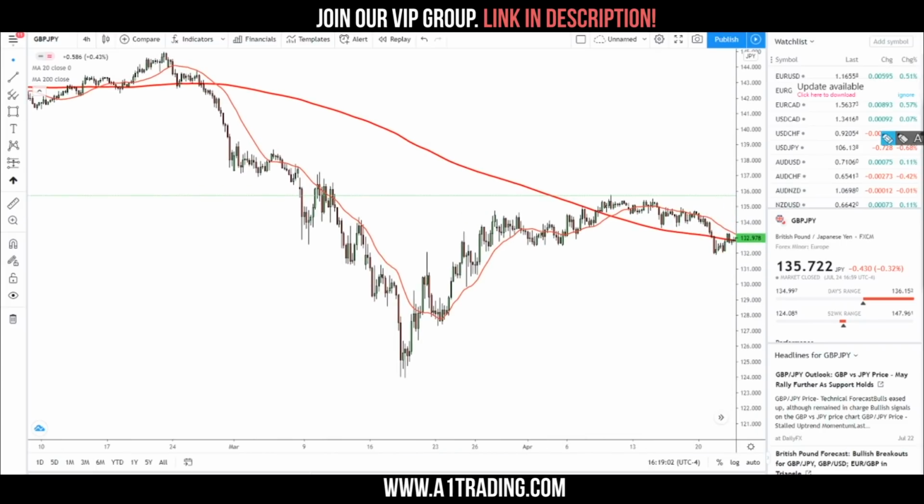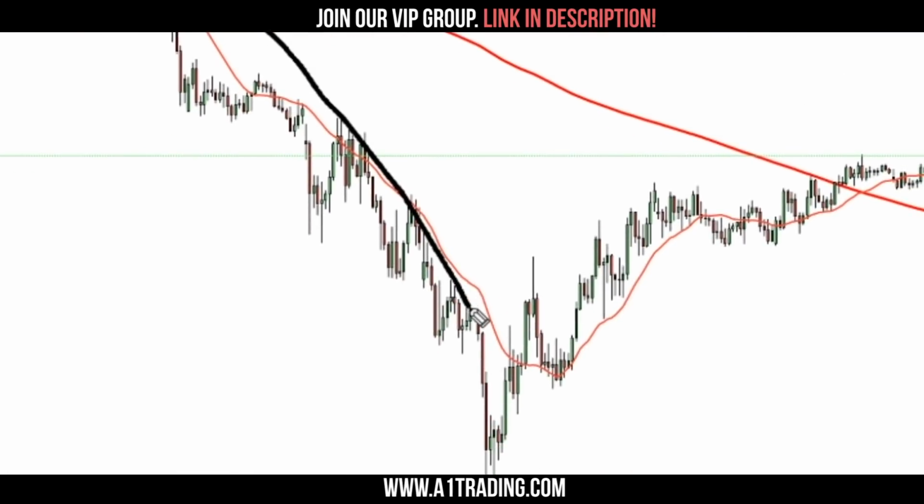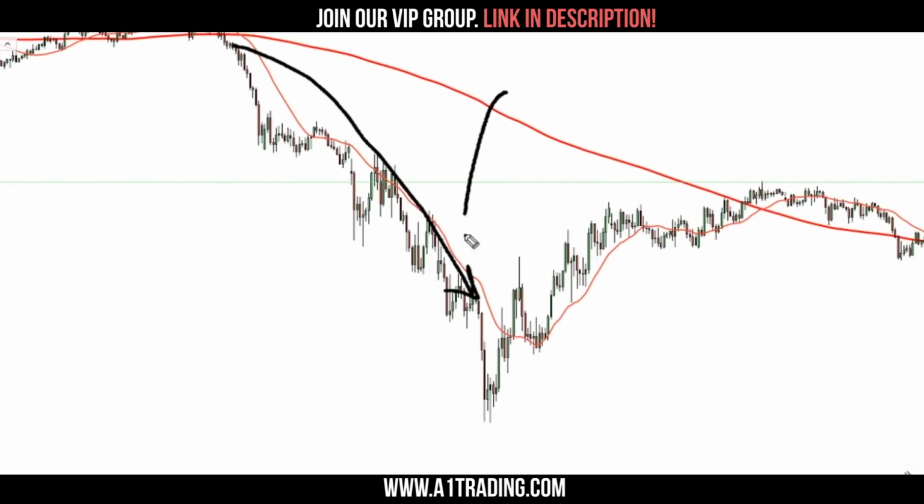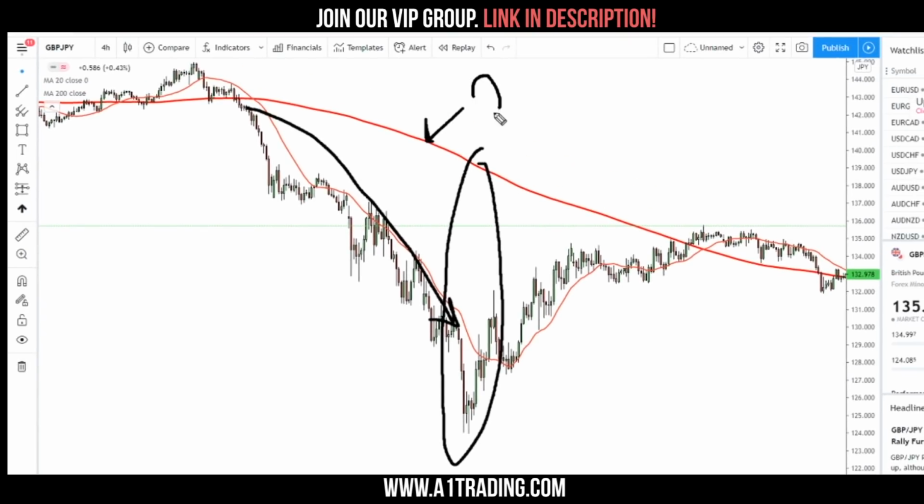Look at this. Price gets incredibly sold off on this GBP JPY 4-hour chart, very far from the 200 period moving average, which is another one that I personally really like to look at. And then we have the 20 period, which closely follows the price as it's going along. So when we get very, very stretched, now you can see price not only starts to reverse, but we actually come all the way back up to retest that significant 200 period moving